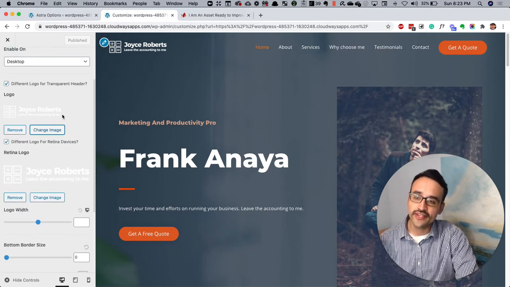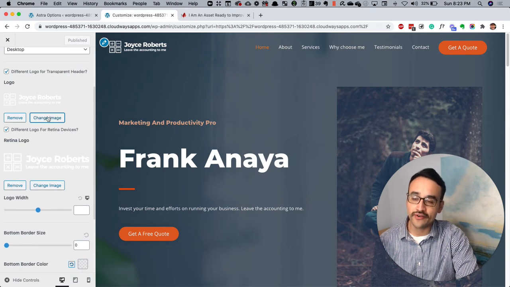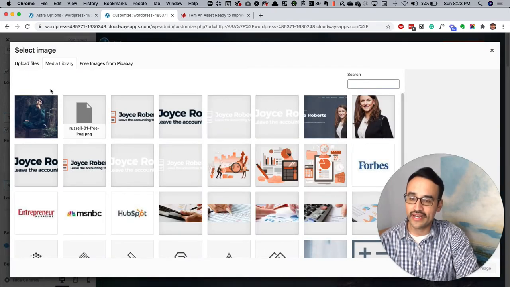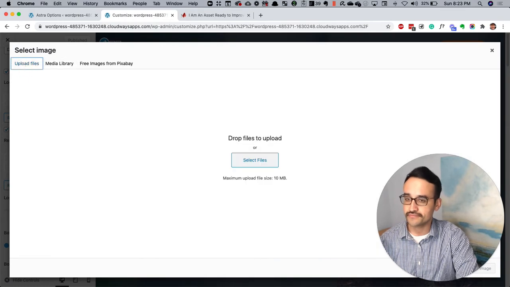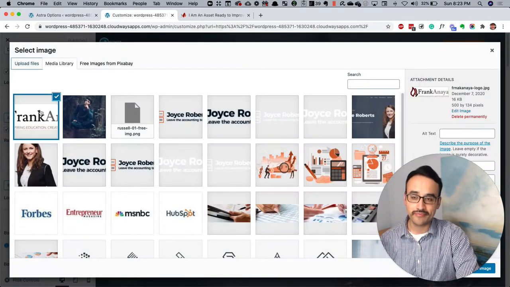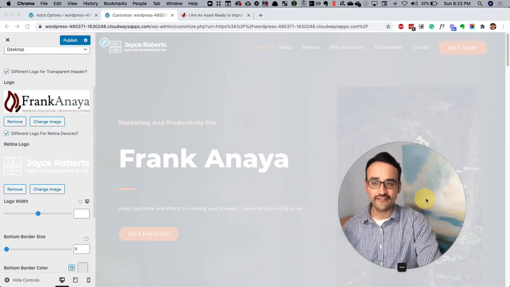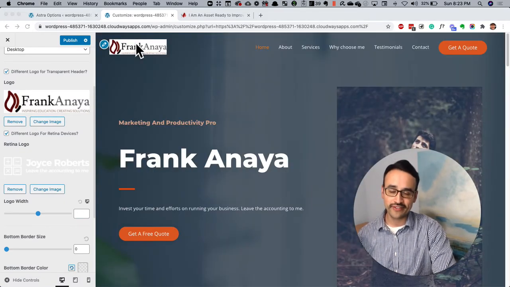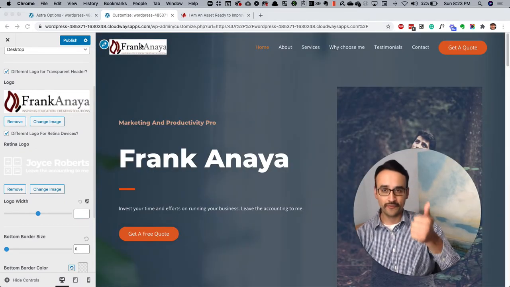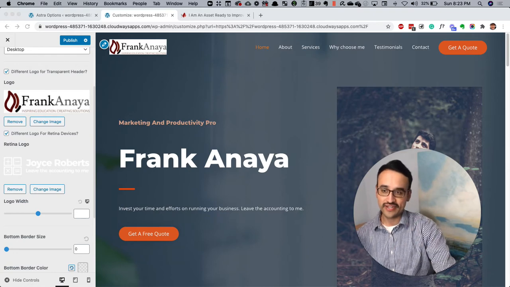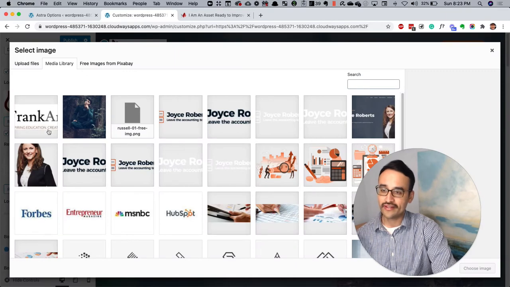So what you would do here is you would upload your logo. I don't quite have a logo ready, but I do have my Finder open, and I can go ahead and drag and drop my Frank and I logo here. And let's just choose it for now. But understand that the coloring is going to be off, and it's not going to be quite exactly what I'm looking for because it's not white and a PNG that's transparent. But just to illustrate the point, here we have